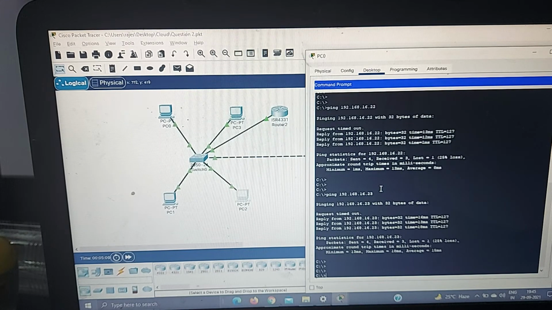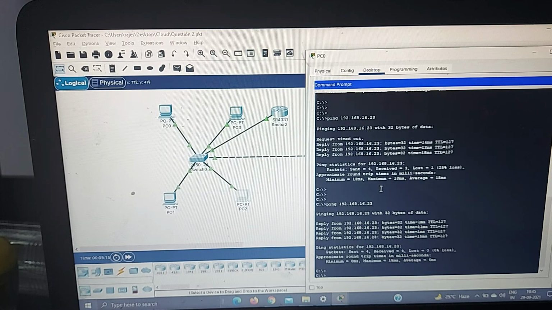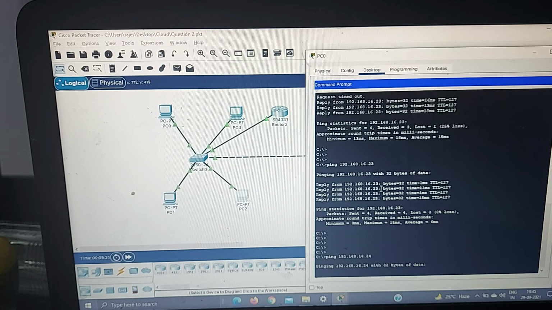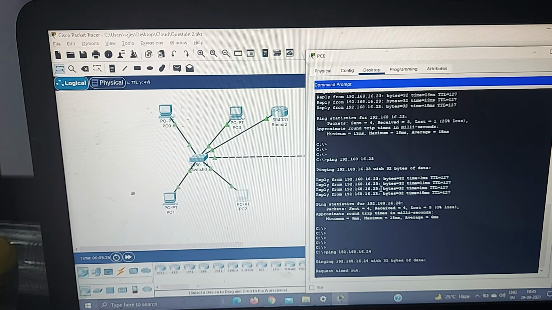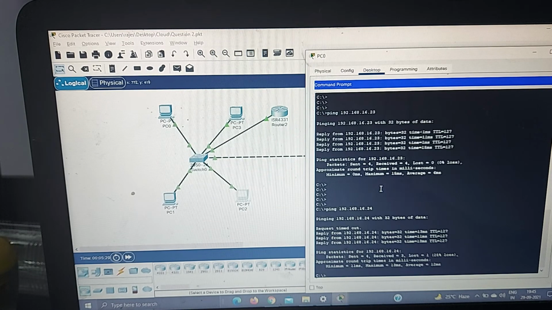If I now directly ping, there is no packet loss because its ARP table has the entry. And if I ping 24, I am now able to communicate from VLAN 10 to VLAN 11.